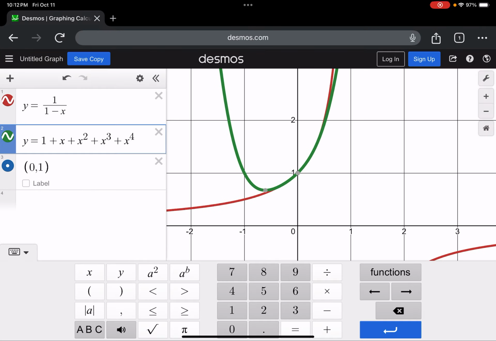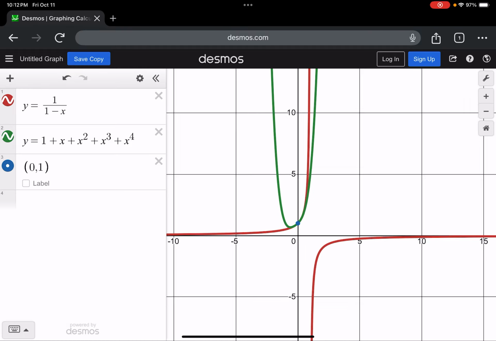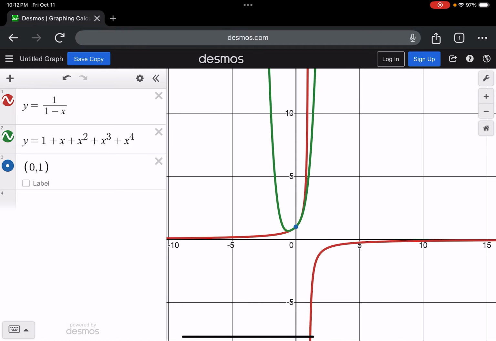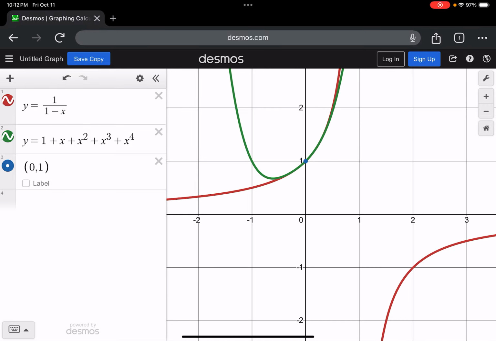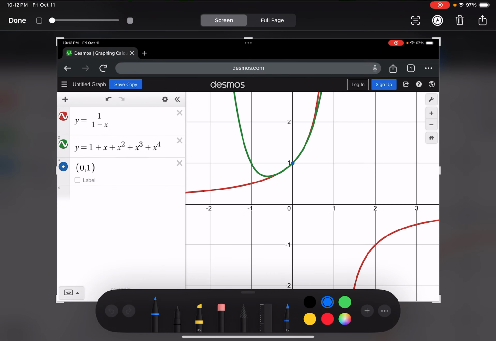And heck, you were on Desmos over here showing us, you started adding terms and you said it got better and better and better. And I said, yeah, that's true, but you might notice that it's not working for all of 1 over 1 minus x. In fact, it turns out that this approximation is only good for values of x between -1 and 1. And I guess I shouldn't put a bracket because technically it falls apart there. Between -1 and +1, it turns out that the approximation is really good as long as we choose x values